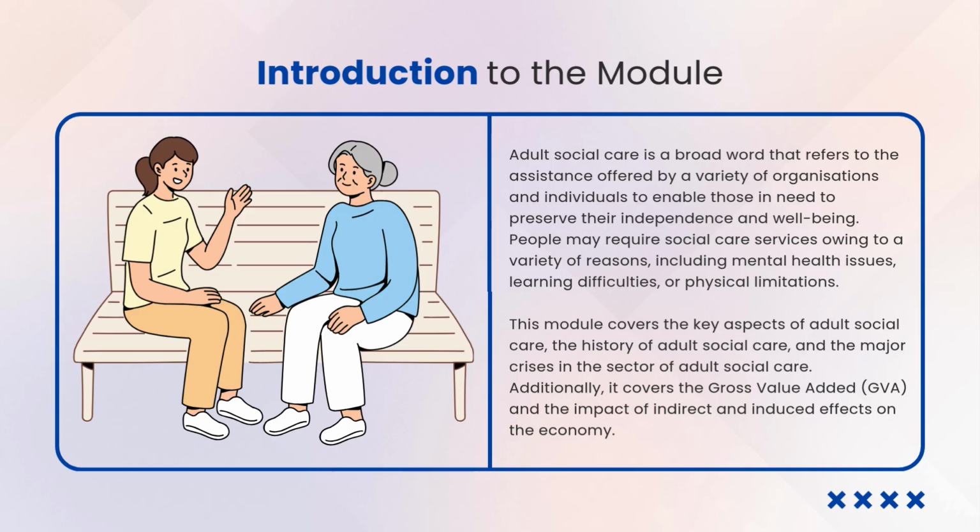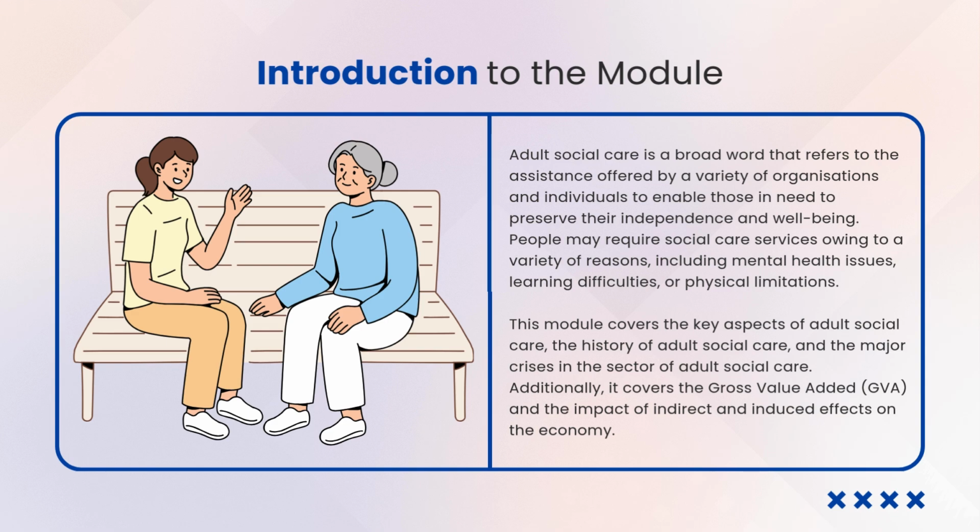Introduction to the module. Adult social care is a broad word that refers to the assistance offered by a variety of organisations and individuals to enable those in need to preserve their independence and well-being. People may require social care services owing to a variety of reasons, including mental health issues, learning difficulties, or physical